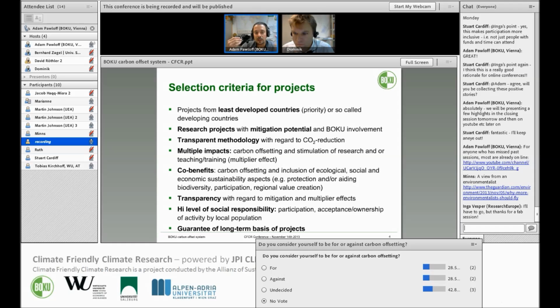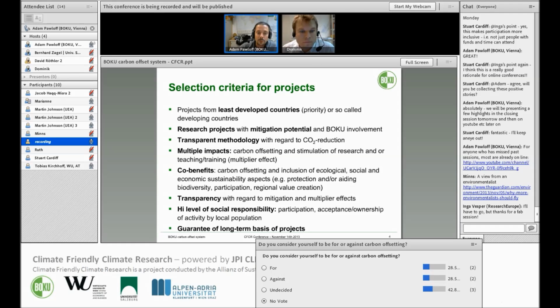So from this background, we said we have quite a lot of potential in terms of actually very good projects that could be further supported through carbon finance mechanisms, but obviously these need to be financed. Well, they need to be selected against very stringent criteria. So I've listed the criteria here.